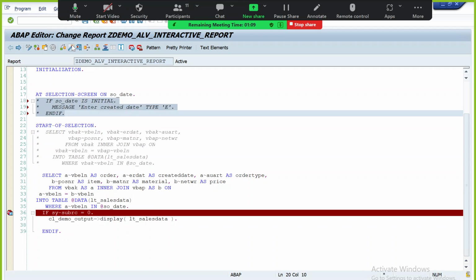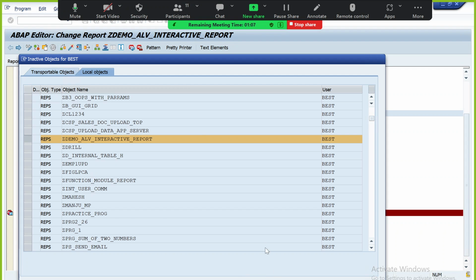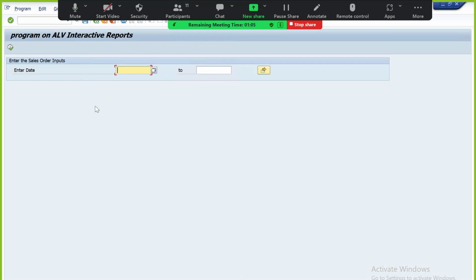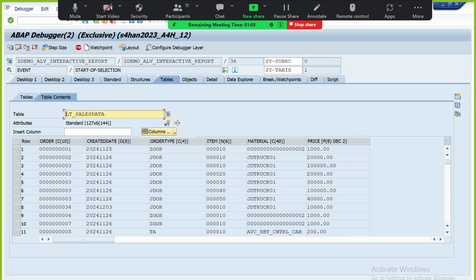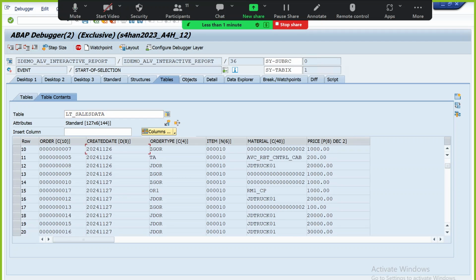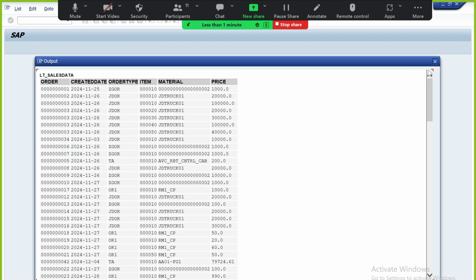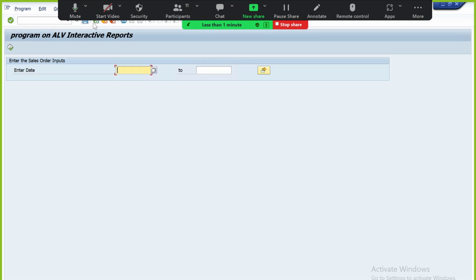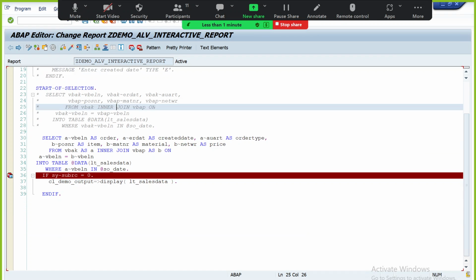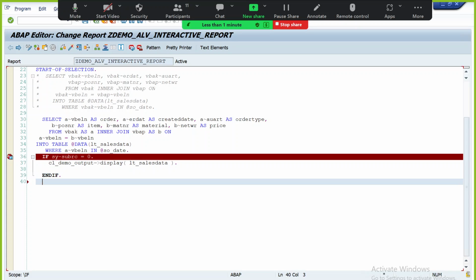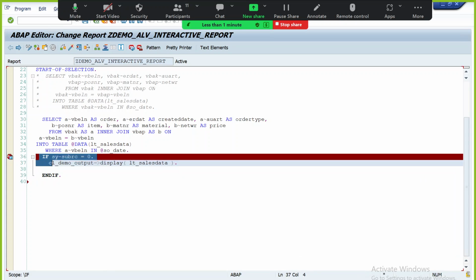Disable the validation. Looks like there is no proper data in 2023. Let me execute without any selection. Okay, the created date is after November, I think. Look how the output is displayed with normal readable names, right? Now, instead of the CL_DEMO output, let's build